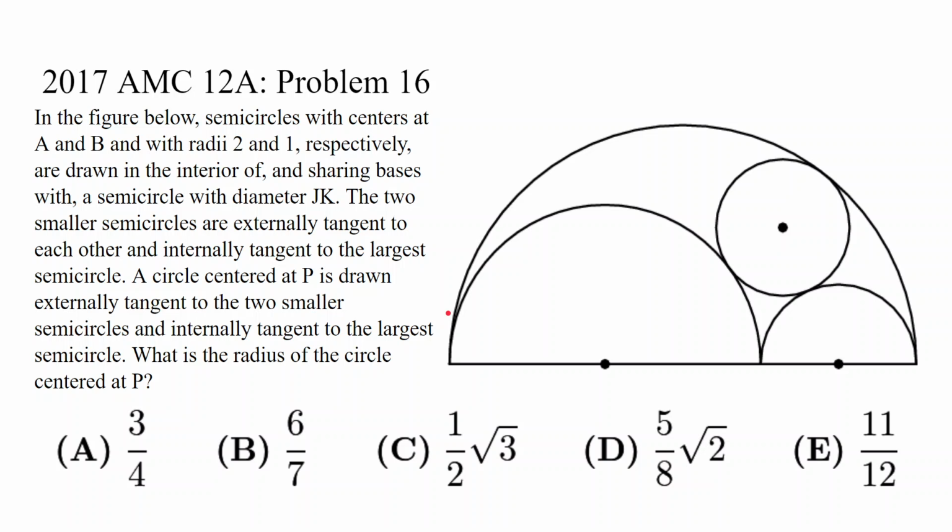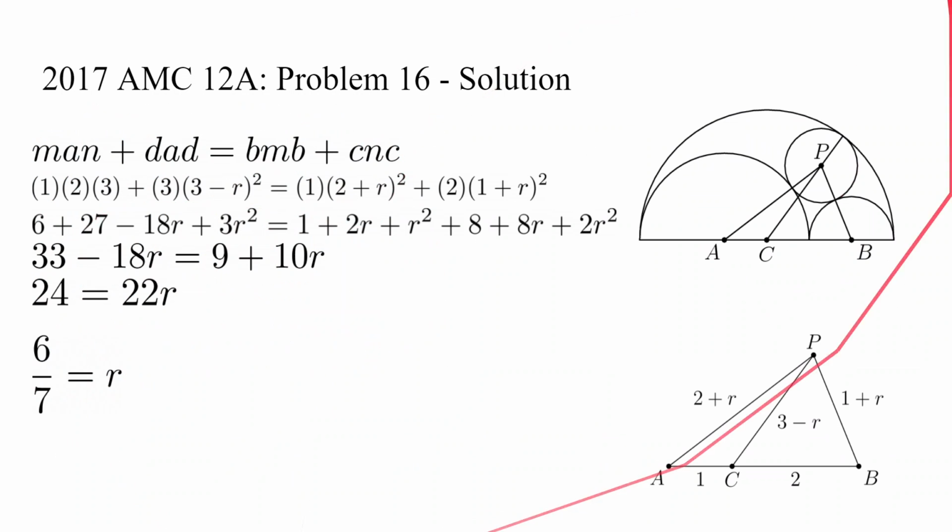Moving on to the answer in 3, 2, 1. The answer. Basically what we want to do is construct a little triangle out of these points, the centers of each of the semicircles. Make that little triangle, and you'll notice PC looks an awful lot like AD. That looks an awful lot like a cevian. That's because it is. You can measure each of these sides in terms of R, 1 plus R, because this is the